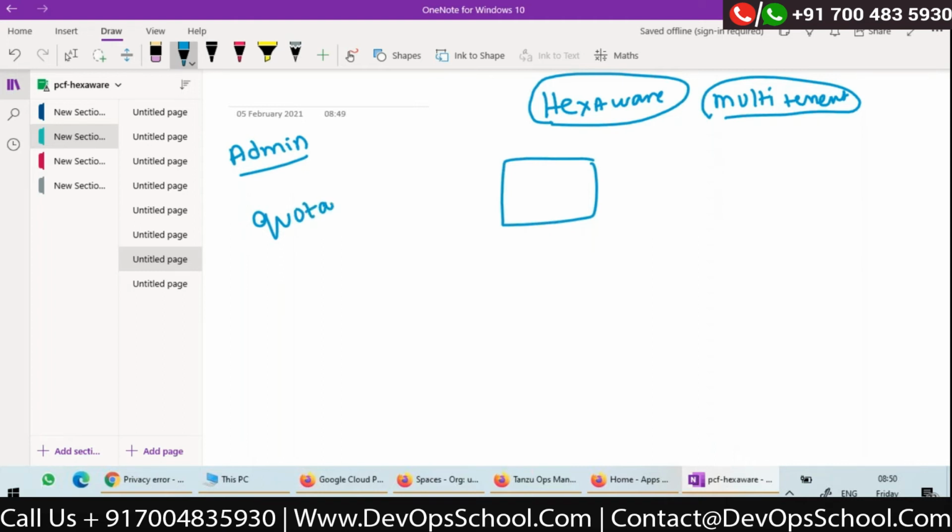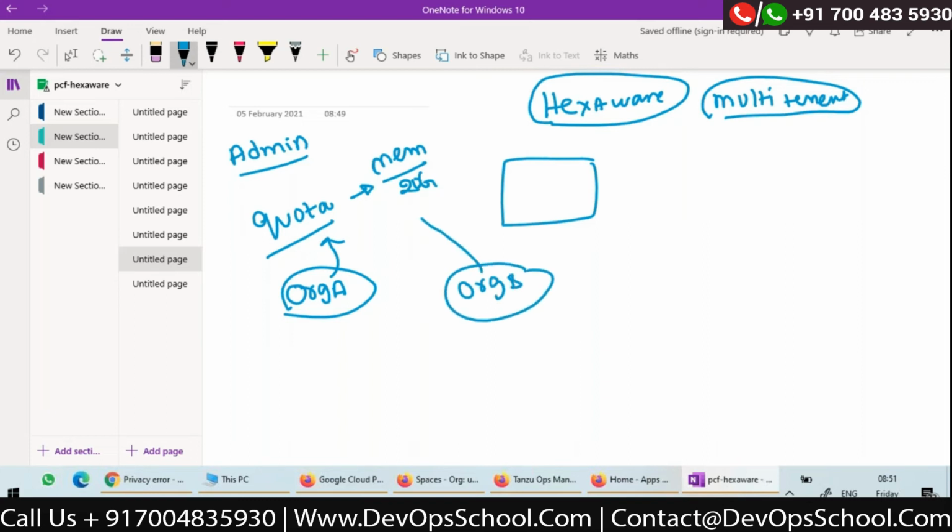Whenever a quota is getting created, he can decide how much memory, etc., to be allocated. Then once he creates a quota, he can create something called an organization, let's say Org A. For it, he can assign a memory quota of, say, 2 GB or 20 GB.